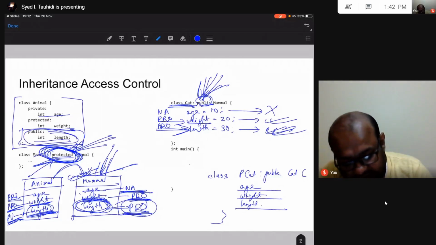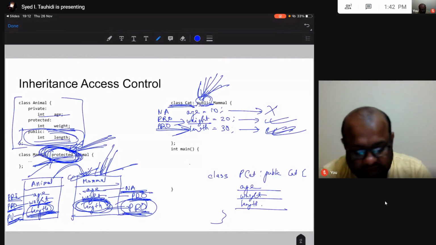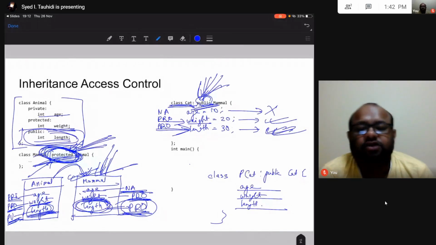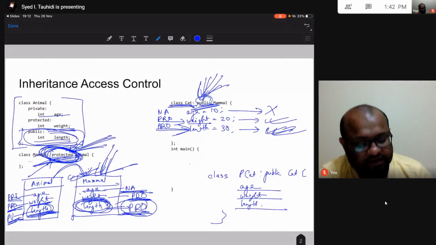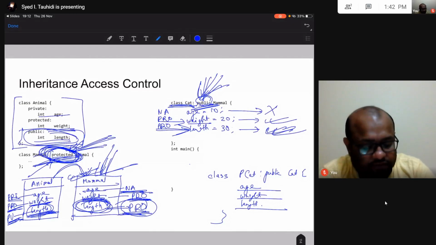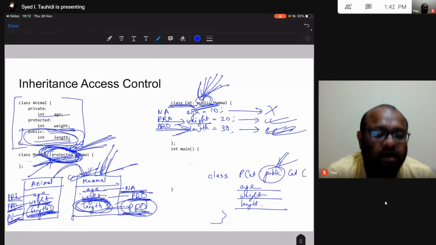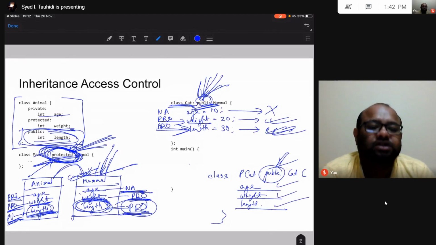So there are going to be 9 different situations. For each of the 3, public, protected and private over here, you will have public, private and protected over here. So 3 into 3, there are going to be 9 different situations. In all of these 9 situations, let this stay the same. If you change this, then you are going to end up with 27 different situations. So let this only be public. And then answer, in all these 9 situations, what is the influence, what is the access,